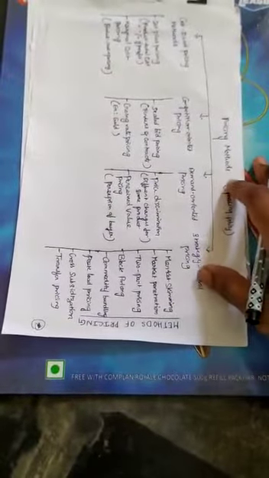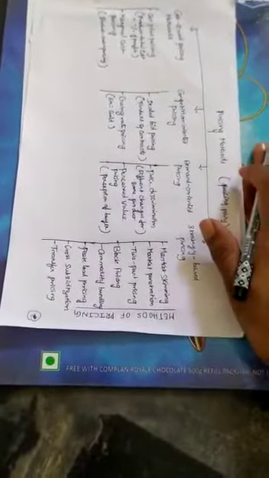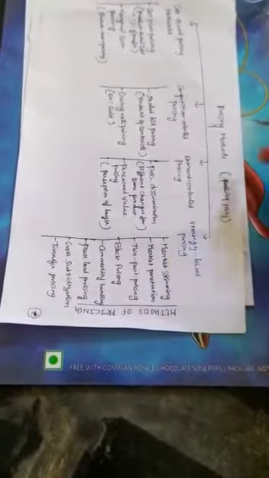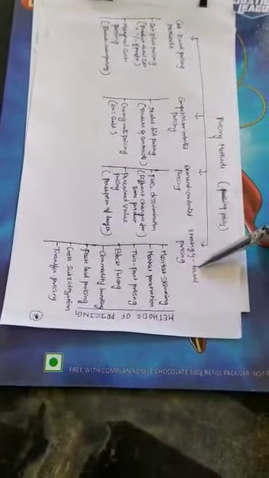Today I am going to continue the previous session that we discussed in the previous class about the pricing objectives and pricing factors. Today I am going to explain to you about the pricing methods. Pricing methods are classified into four types, that is cost based pricing method, competition oriented pricing, demand oriented pricing and strategy based pricing. Let us go through it.